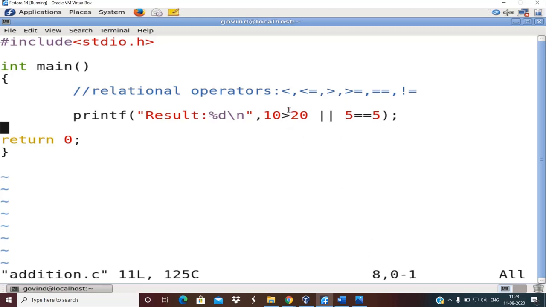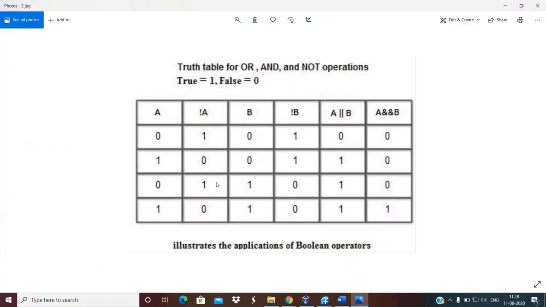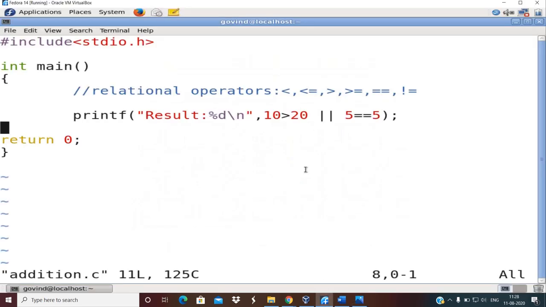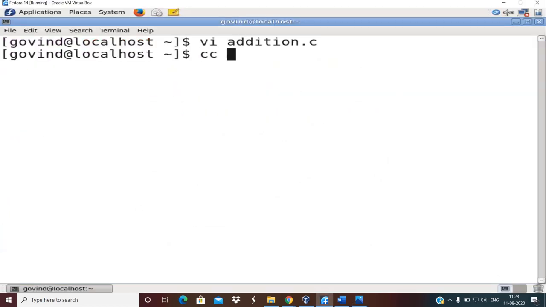So in this case, the LHS is 0 and the RHS is 1. So the output of this logical OR is 1. This is evident from the truth table here: A is 0, B is 1, so 0 OR 1 is 1. So it should display the answer as 1.